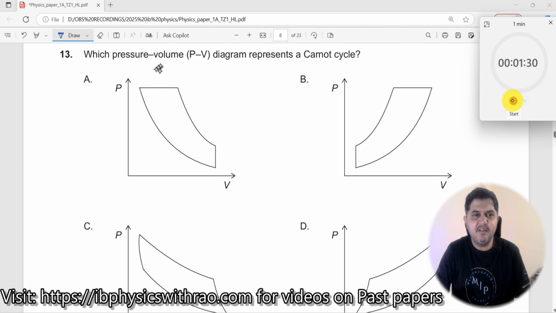Question number 13. Which pressure volume (PV) diagram represents a Carnot cycle? What is a Carnot cycle? A Carnot cycle is one wherein you have something like an isothermal